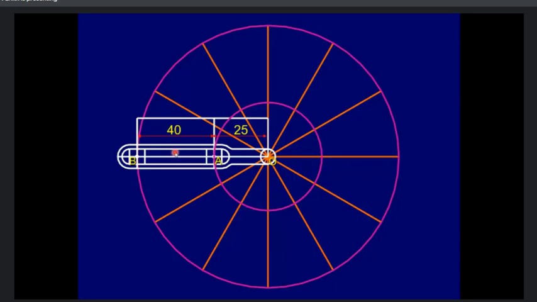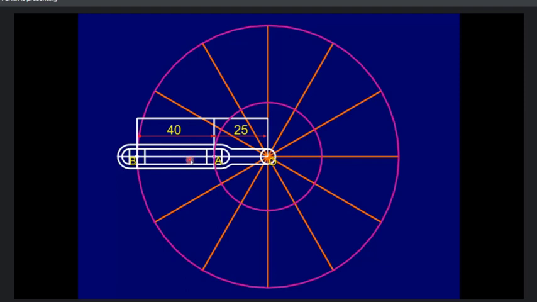The procedure will remain the same. It is nothing but a shorter radius of 25 and a longer radius of 25 plus 40. So you take the two circles first, then the same process: divide the circle into equal parts, that is 12, and you are going to divide what? Are you going to divide 40 plus 25 or 40? The linear movement I am talking about, 40. Only 40. So you're going to divide 40 mm into equal parts, that is 40 mm into 12 parts.